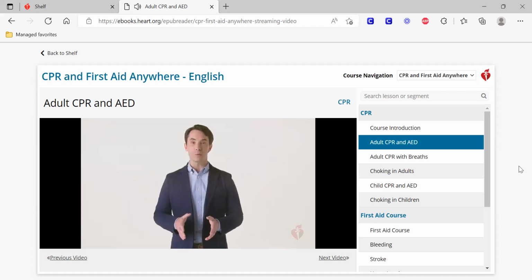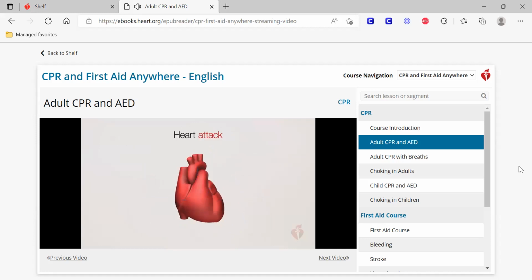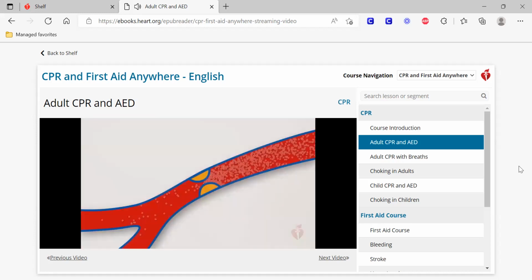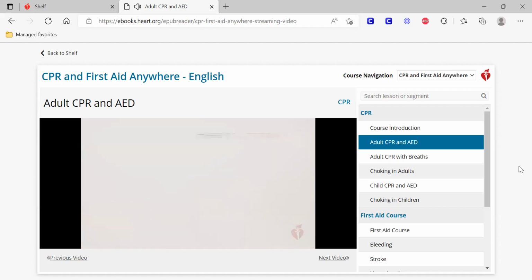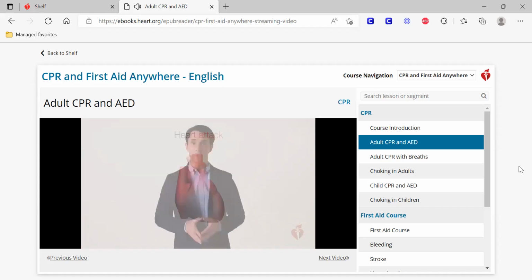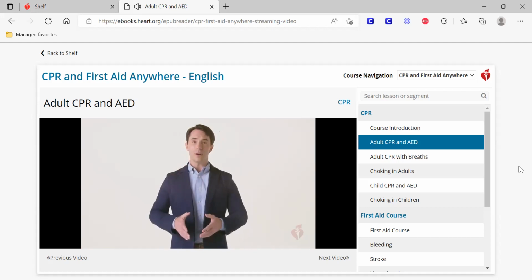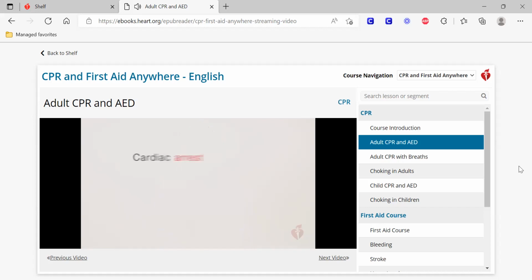A heart attack occurs when a clot forms in a blood vessel carrying oxygen-rich blood to the heart muscle. When the heart doesn't get enough oxygen from the blood, the muscle starts to die. A person having a heart attack needs immediate medical treatment. If the blocked vessel isn't reopened quickly, the muscle normally nourished by that vessel begins to die. Typically, during a heart attack, the heart continues to pump blood, so the person doesn't need CPR. The longer the person with a heart attack goes without treatment, the greater the possible damage to the heart muscle.